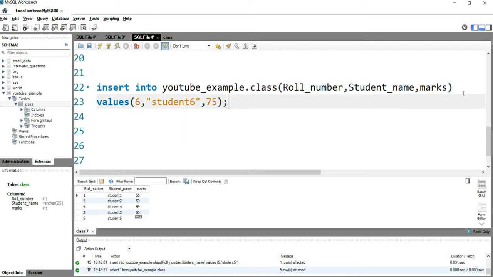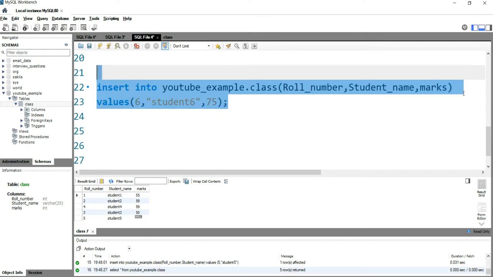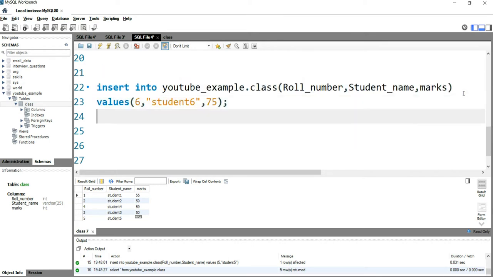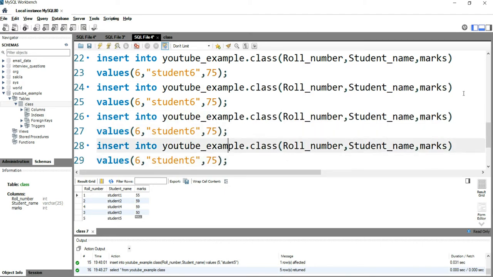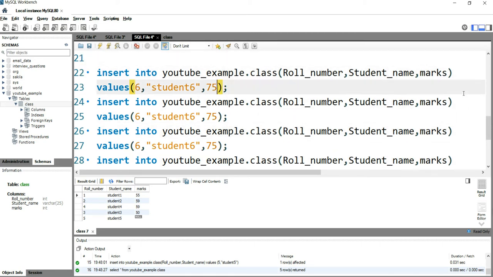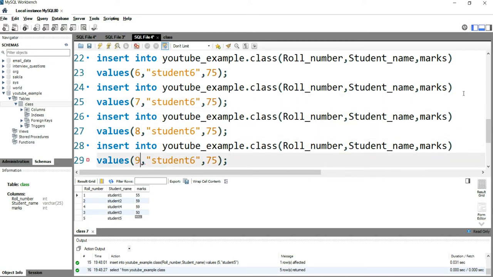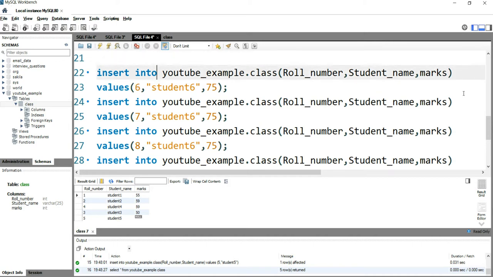Now what we can do here is copy and paste this query 5 or 6 times like this, and then change the roll numbers to 7, 8, 9 and 10. Then we again have to go and change the student names one by one.